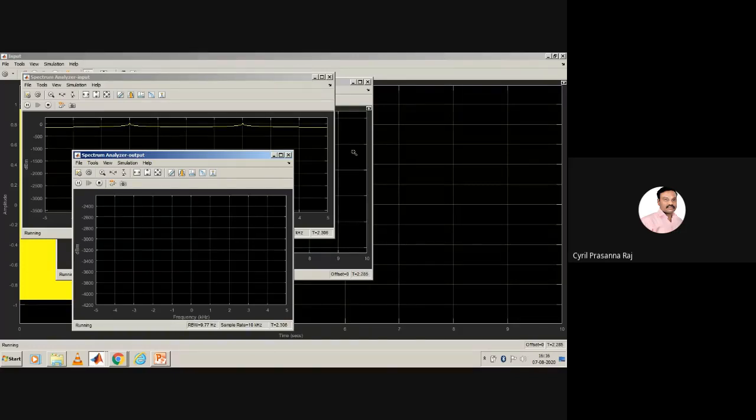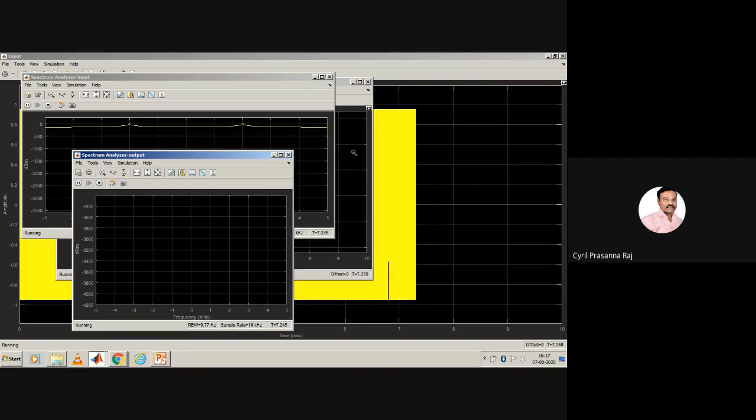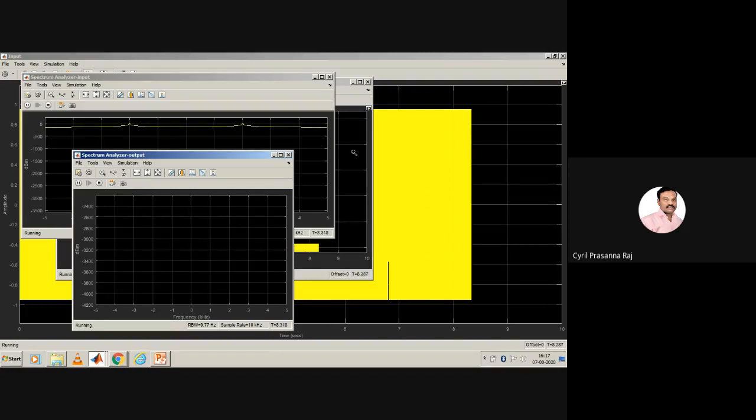Since the sample frequency is very high, it will simulate for more amount of time and then it will finally generate the output. So now we know that the cutoff frequency is at 4000 to 4500 hertz. So any frequencies from 0 to 4000 hertz will be simply passed without any attenuation. Frequencies above 4500 hertz will be stopped. Okay? And that is the response of the filter that we have designed. Let us check whether it really works like that.